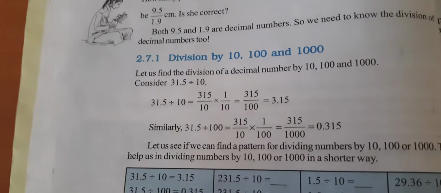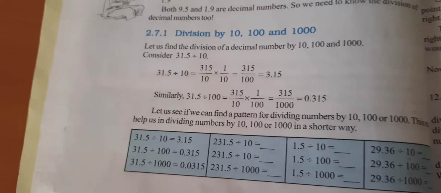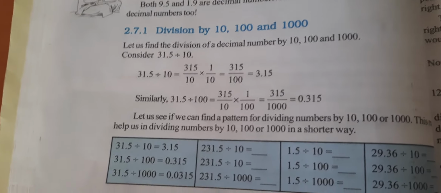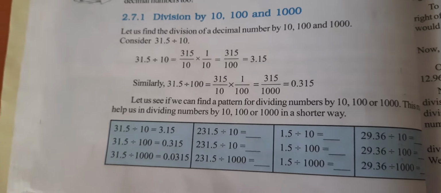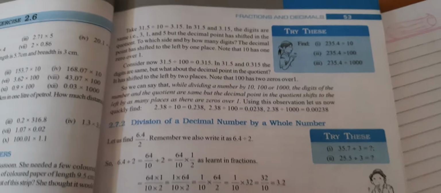In your textbooks, I request you to take your textbook, students. Now, just go through here. I am not taking much from textbook. With examples, you will be able to understand. So, page number 52 you take. Division by 10, 100 and 1000. Here there is the fill in the blanks. First one they have given. Second one, third, fourth, you can fill it as homework. Then afterwards in page 53 also, try this they have given. 1, 2, 3, 4. 4 try this are given. That also you can do it as a homework.